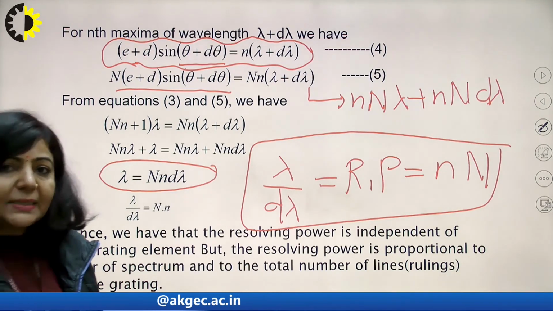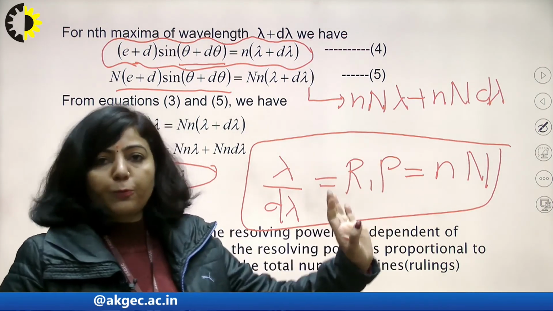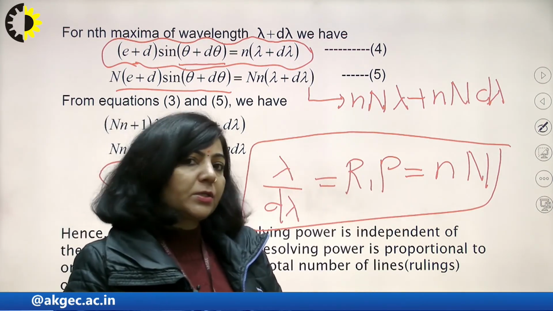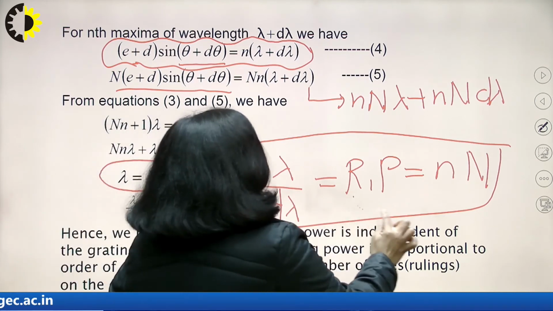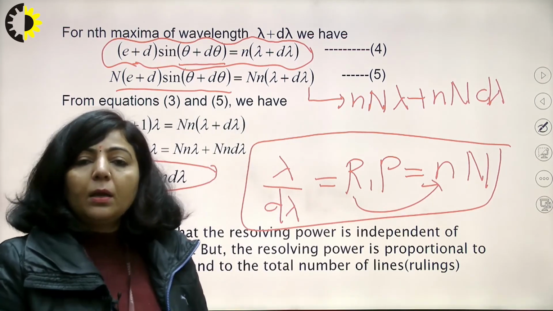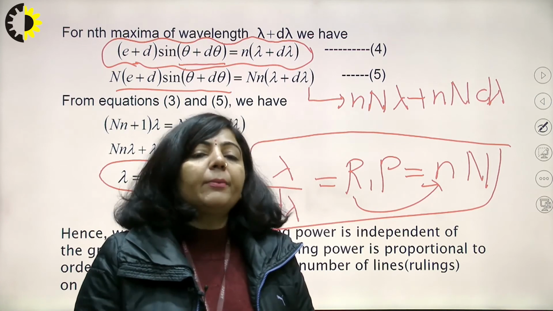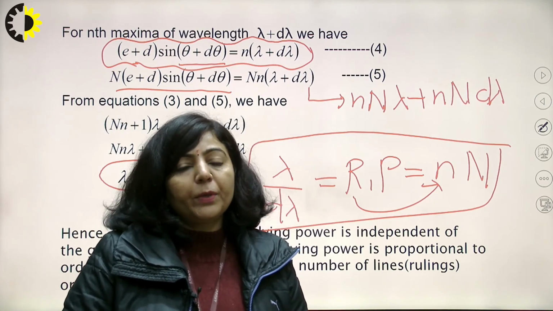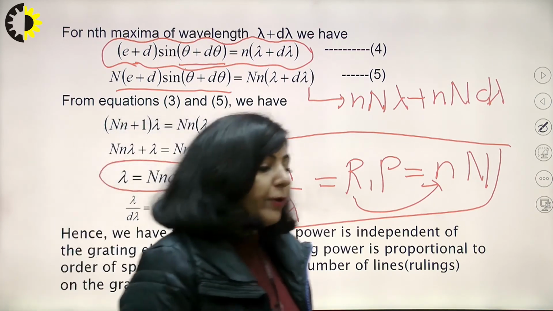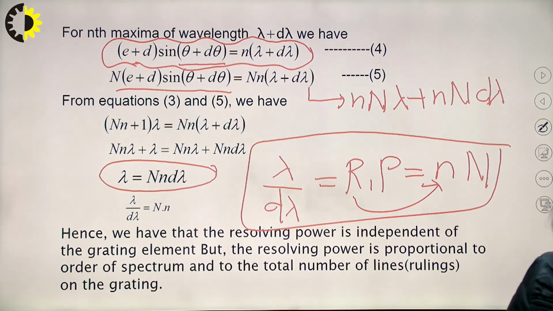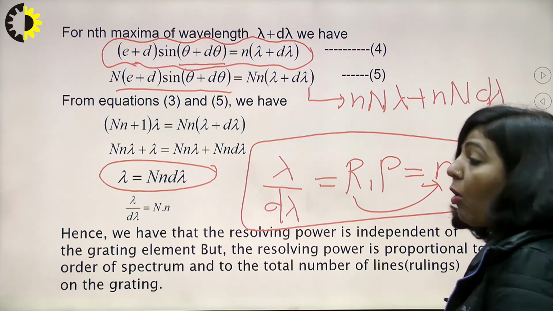So you can easily see here that if the grating is fixed, then the number of lines is fixed, and the resolving power depends upon the order, meaning the higher the order, the higher the resolving power of the grating. So for a fixed grating, the resolving power directly depends upon the order of maxima. And if I am saying the order is fixed,